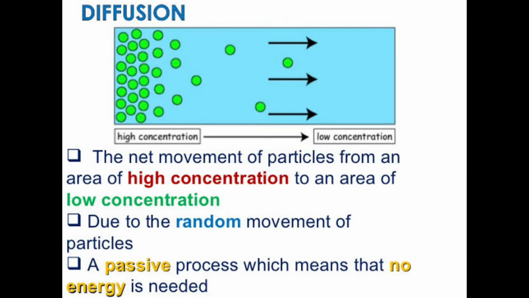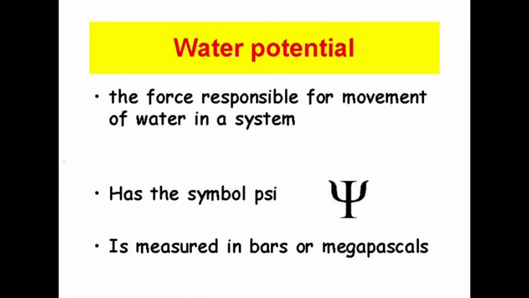But if you remember this: rainwater and rainwater with added salt, the movement is from high kinetic energy to low kinetic energy. So this is the very important thing. This process of movement of substances down a gradient of free energy is called diffusion. Water potential is denoted by the Greek symbol psi, and is expressed in pressure units such as Pascal. Next we come to another topic, called solute potential.